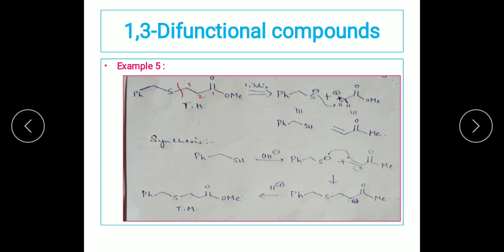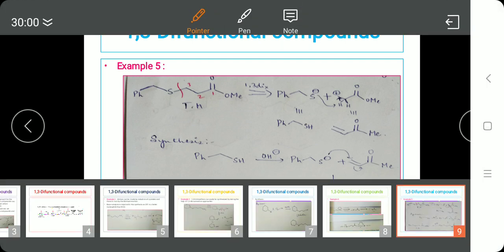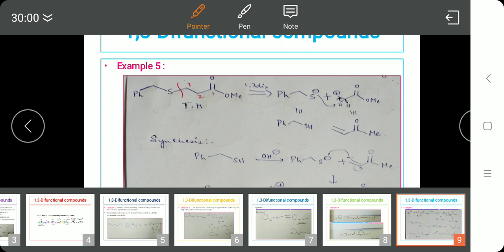Now the cation group, after losing a proton, is going to form an unsaturated system. That is, it's going to form an alpha beta unsaturated compound, and it is going to give rise to the two synthetic equivalents. Now we are going to use these two synthetic equivalents in presence of base, OH minus, to give rise to the target molecule. So here I've written down the mechanism for the synthesis. First, a base deprotonates the SH to give rise to the S minus group. So the S minus group is going to attack